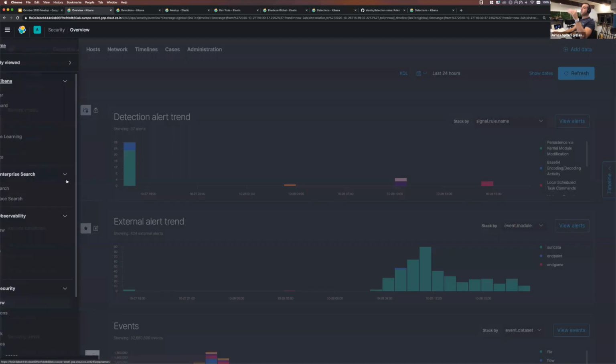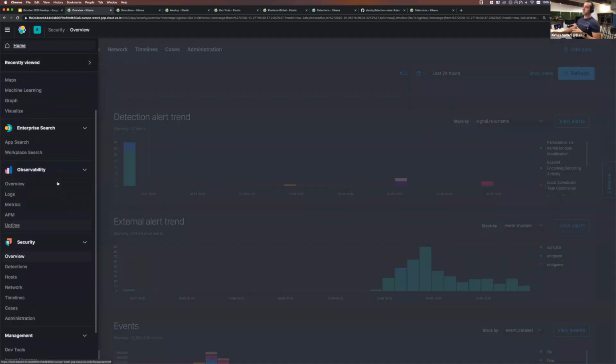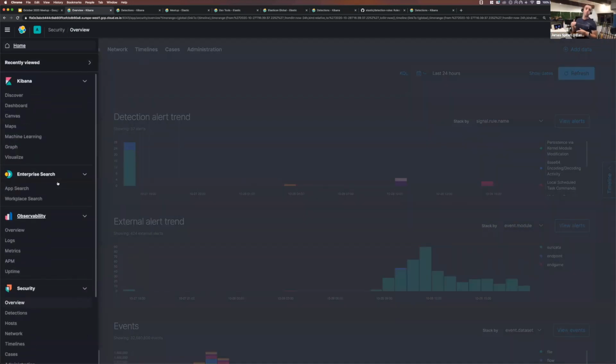So one thing we did recently in more recent versions is we've made this distinction between the different solutions and the sort of sub context inside of them. Previous users of Kibana would have noticed that there was an ever-growing list of icons on the side, which was very hard to memorize what each of them was. So this makes it much, much easier to navigate throughout Kibana.